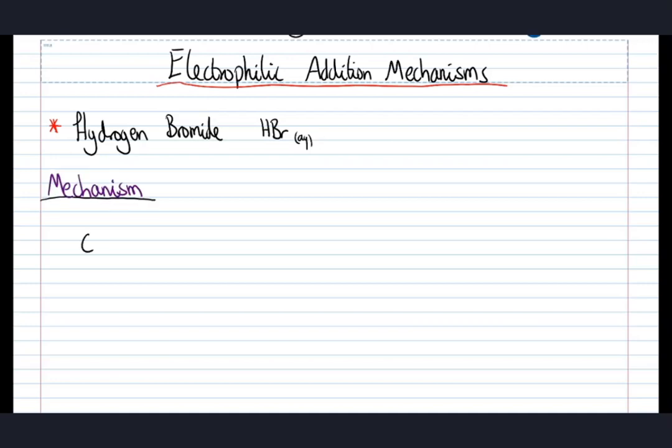It's electrophilic addition, so we're adding across an unsaturated functional group, a carbon-carbon double bond, and it's electrophilic attack. An electrophile is something that is electron deficient and is attracted to this high concentration of electrons within the carbon-carbon double bond. Now, in our last video on the electrophilic addition of hydrogen gas, we saw we had to induce a dipole,